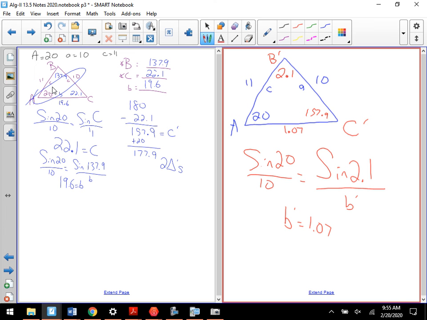There's the 2. And then across from C was the 11. This was that 1.07. So one looks like that, whereas the other one was the original 20. Something like that. So they still measure themselves out with these two angles, this value here and this value here,